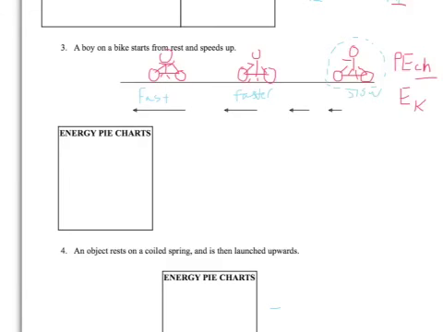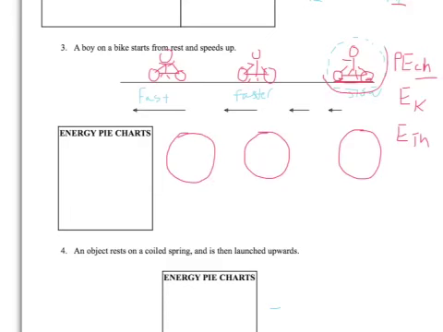Okay? And then I would also say that some thermal energies are going on here because those wheels on that bike are scuffing against the ground and probably getting hotter. So if I'm drawing some pie charts here, they're all the same size because everything here is in my system. And in the beginning, I'm going to say that he has mostly chemical energy inside of his belly. He burns his chemical energy to get some motion for his legs, and his legs push the bike, and so I'm going to say that about half of his chemical energy has turned into kinetic energy